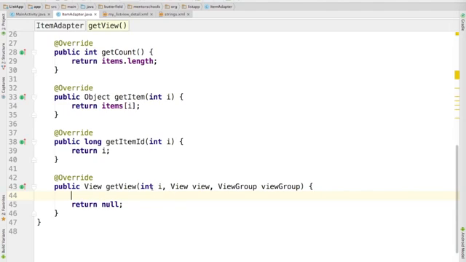Now, this takes in 3 parameters: an integer called I, which is basically the index of the item in the list that got clicked, or the item in the list that it's currently working with, the current view that it's operating with, and any view group that it belongs to. We're actually not going to use these within this method. We're only going to be using this. But we have to supply those anyway because it's an abstract method that we have to define. All right, so